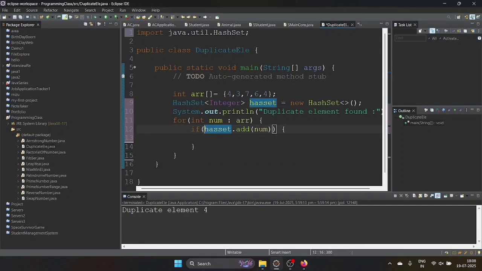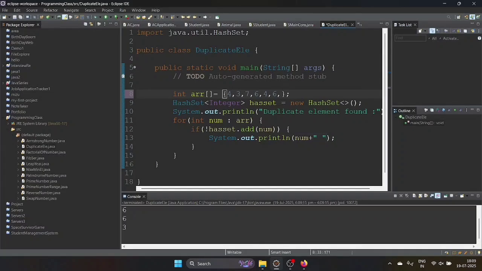So if you just print this, it is going to give the true value. If you want to find the duplicate element, give an exclamation mark, means not, which one giving a false. If it is giving false, then you need to print that element, so number I'm going to give. Okay, so let's run the program. See, duplicate element found 4. Let's take, we will enter 6 and we will enter 3. Save this one and let's run.